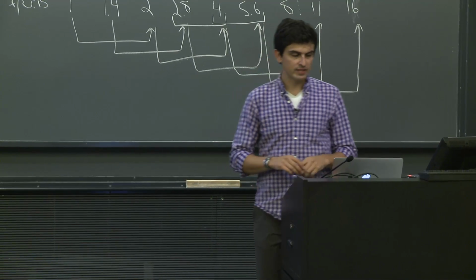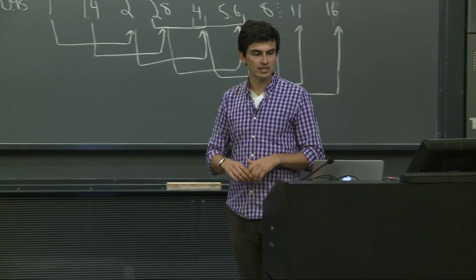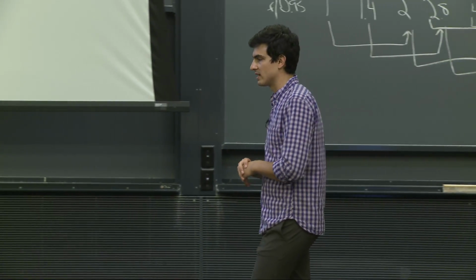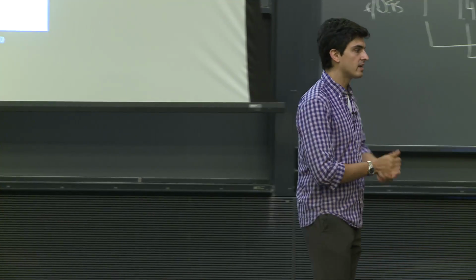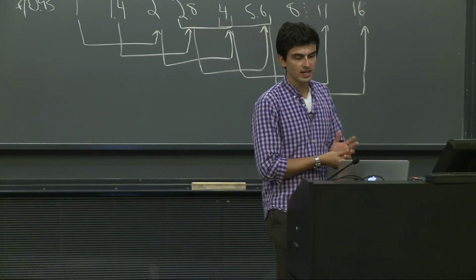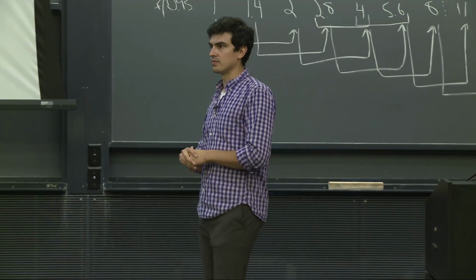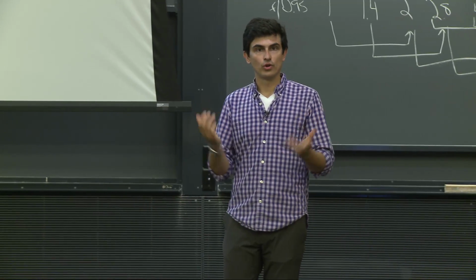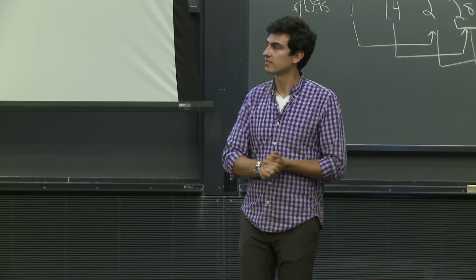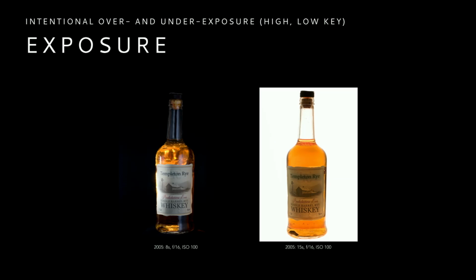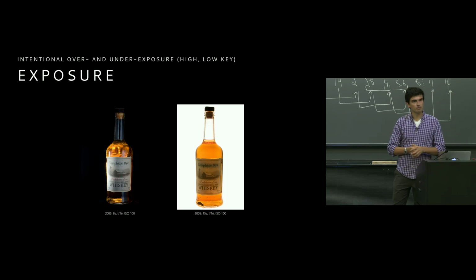Now, there's a lot of ways that we can think about modifying exposure and doing intentional underexposure or overexposure to exaggerate some things. And you can, in fact, at home, just very easily make sort of a quick and dirty studio that you can use to take photographs in a very controlled lighting environment. These 2 photographs were taken just with a couple of lamps and some paper and also a white and black shirt, black and white shirt respectively, and no real major modifications other than that,